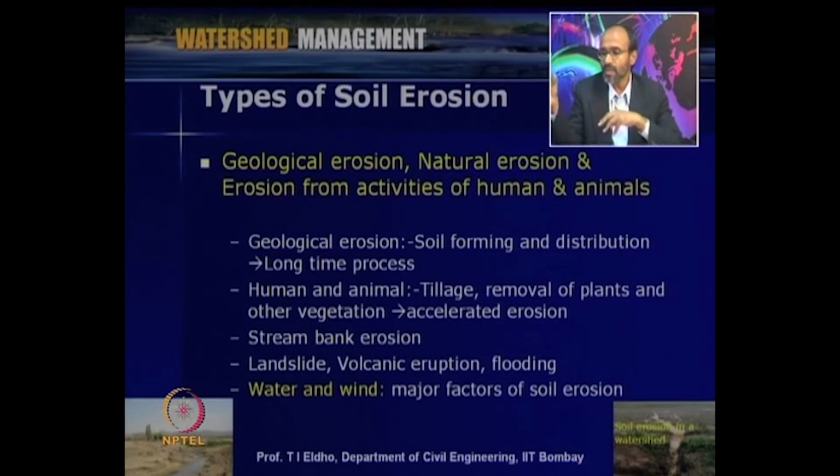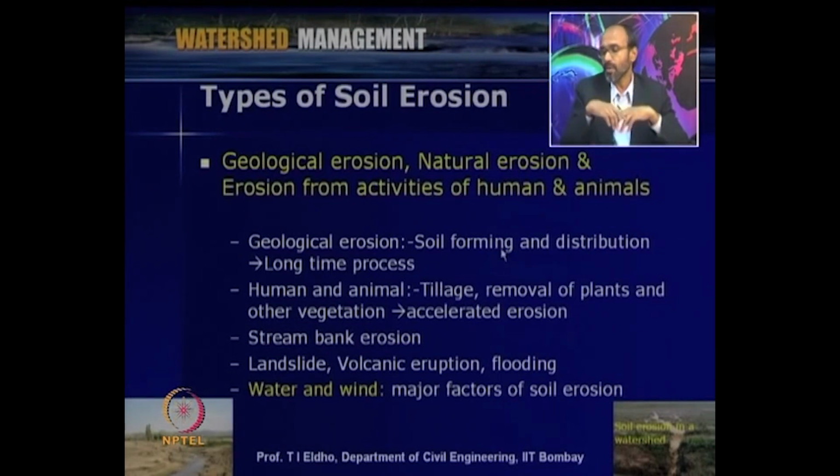So, that is some way the erosion also helps to transport the soil from one place to another place. So, that way, as far as geological erosion is concerned, soil forming and distribution takes place. But here you can see that it is a long time process. Then human and animal related soil erosion, like tillage, that means when we plow the land, then it is related